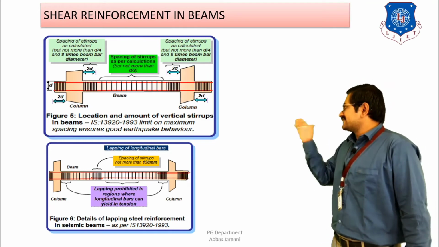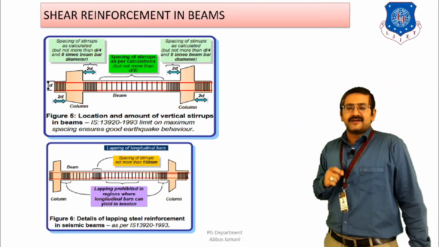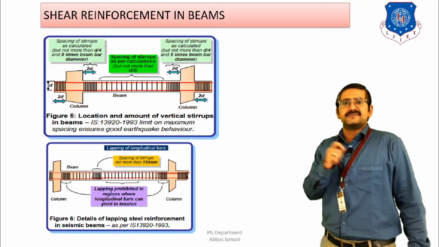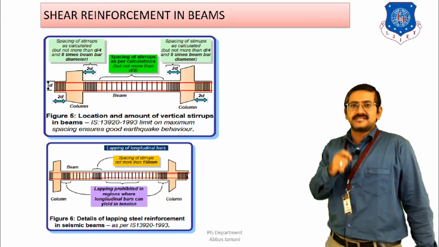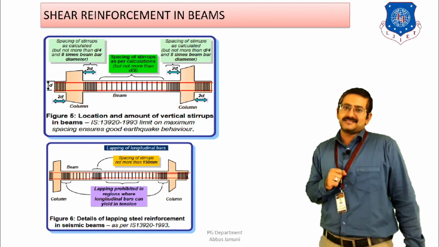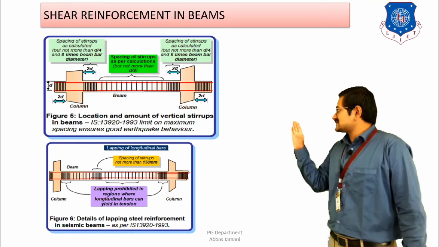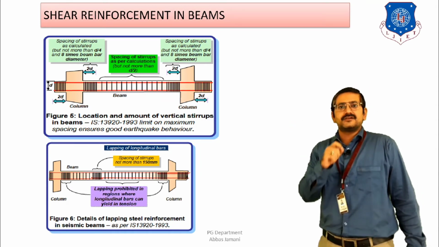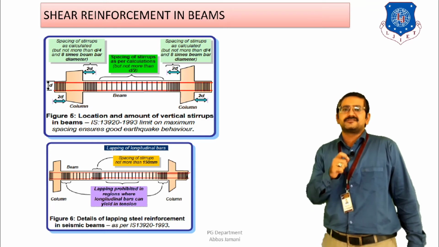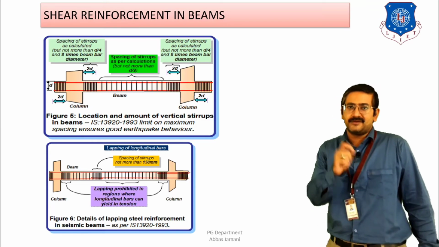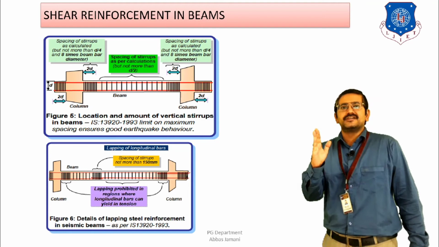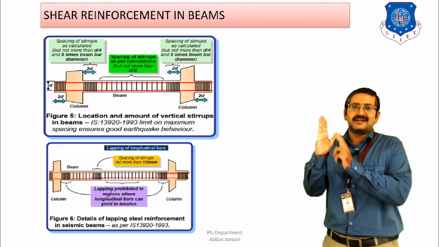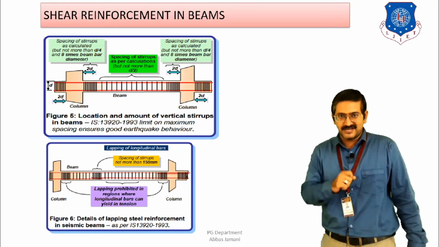Now if I look at the figure closely, the closed loops are provided, but the question that comes is what should the spacing of these loops be, right? For the selection of spacing, again three guidelines are provided. First is that the location of the first loop, or the first stirrup from the face of the column, should be at least 50 mm apart, right? From the face of the column, the first ring should be at least 50 mm apart. That is the first guideline.